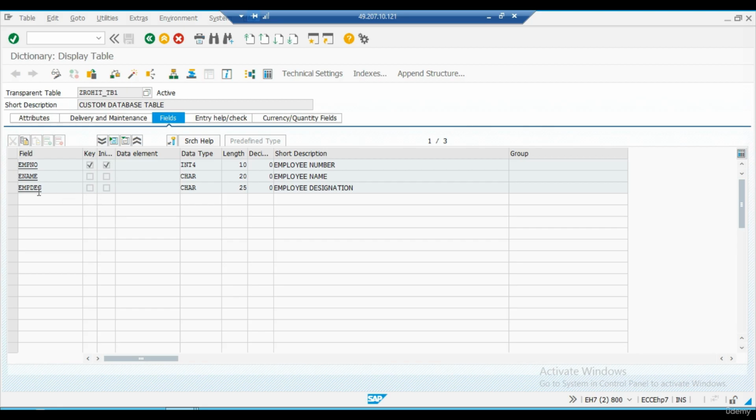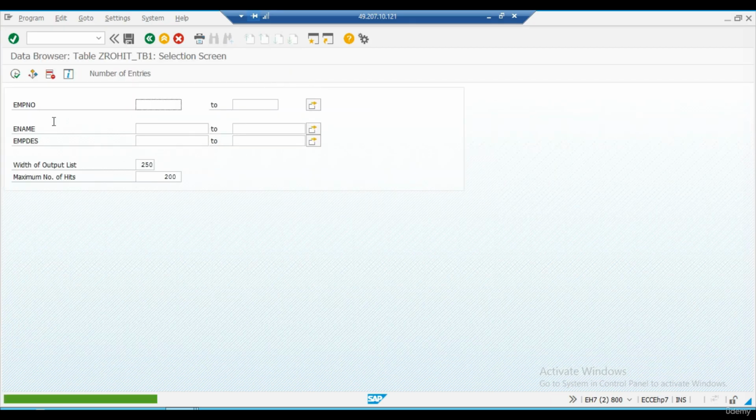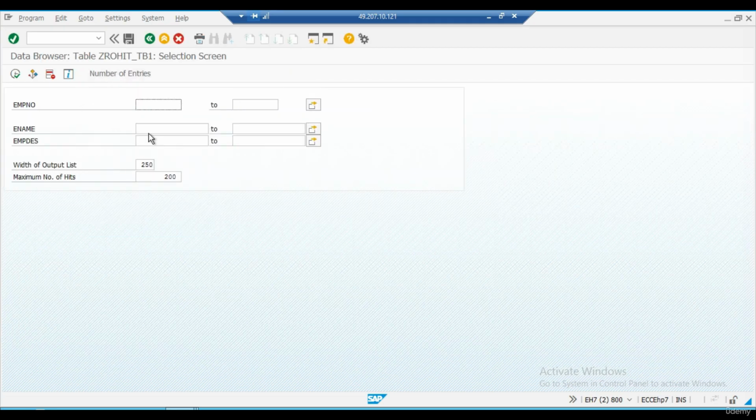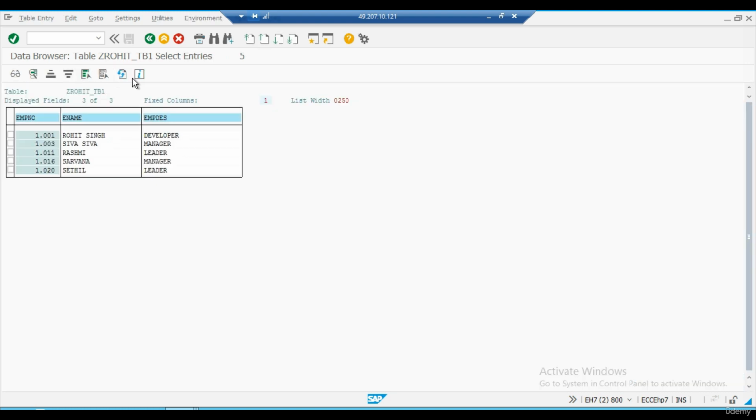Here we can see this table has three fields, three columns: employee number, employee name, and employee designation. Okay, right. Do we have any records here? Yes, there are 5 entries in this table: 1001, 3, 11, 16, 20. Okay, right. So what we will do,